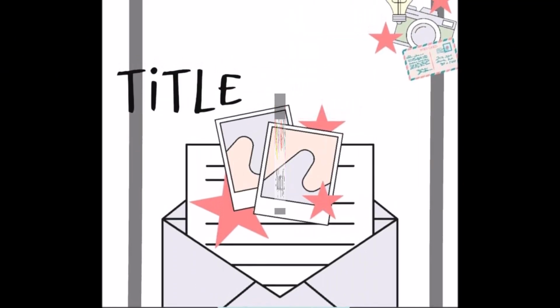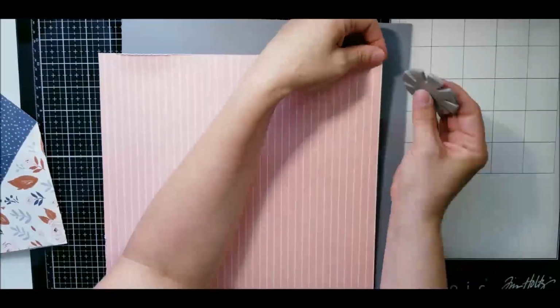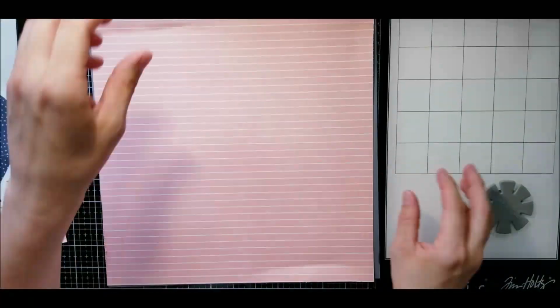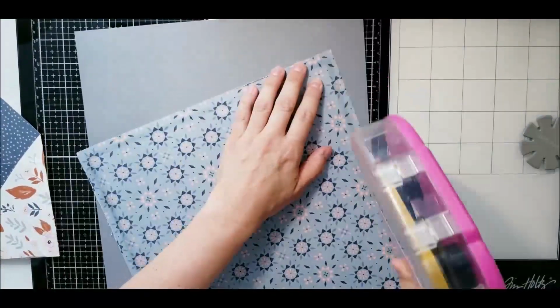This is just a regular process video and that is the sketch I am going to use. It's from the Hip Kit. And I decided that I am going to make an envelope. Now I just had to follow a couple of tutorials online on how to make this envelope, and it actually